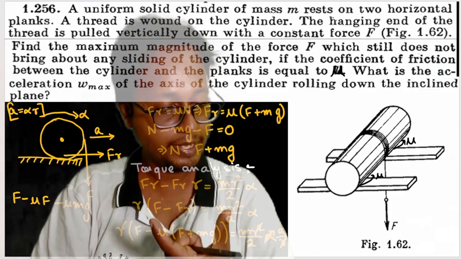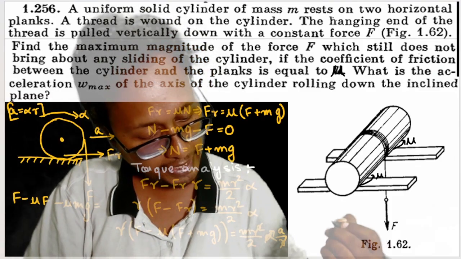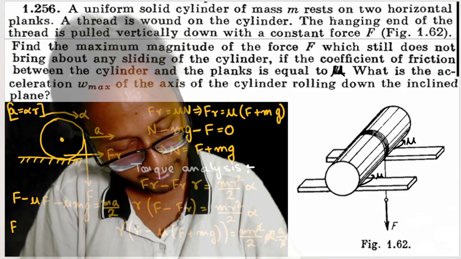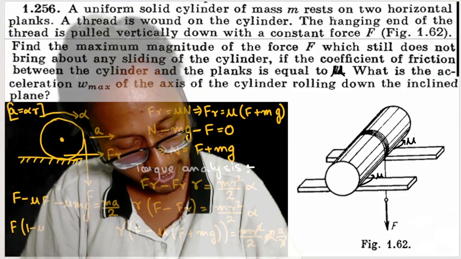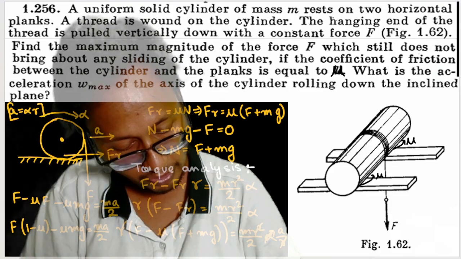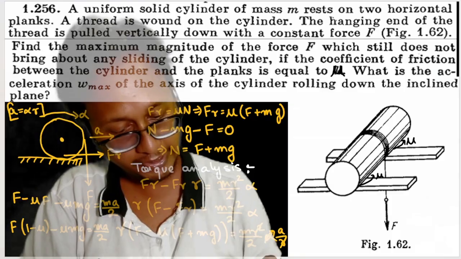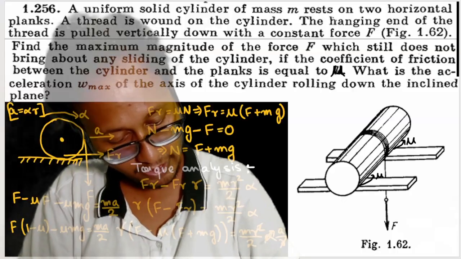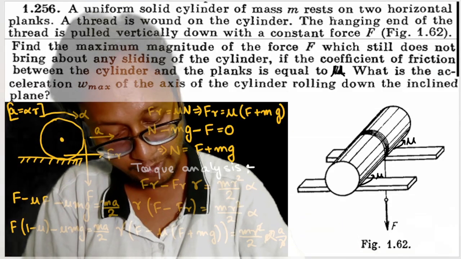F minus mu f minus mu mg is equal to ma by 2. Or if I take f common, (1 minus mu) mg is equal to ma by 2. Let me bring this equation to the next page. Or f into 1 minus mu, minus mu mg, sorry,